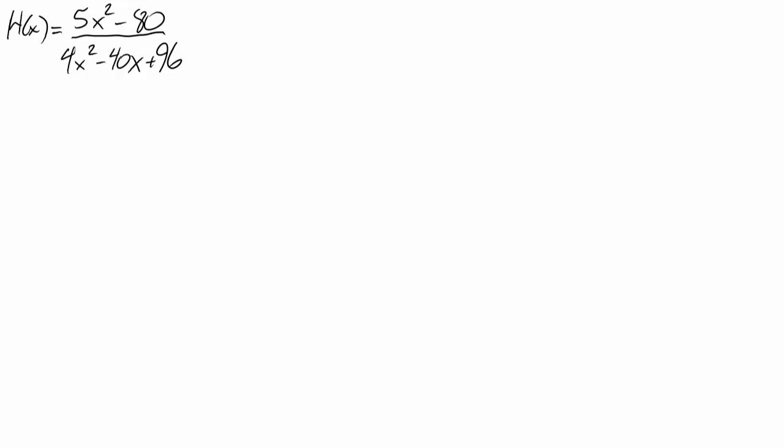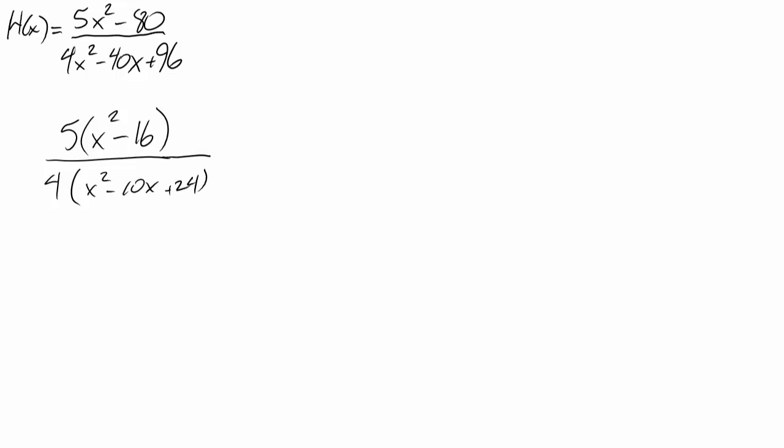So I'm going to factor out a 5 from the top, at least to get me started. So that'll leave me with an x squared minus 16. And in our denominator, we've got a common factor of 4. So we can pull that out, which will leave us with an x squared minus 10x plus 24. Alright, now we're going to keep going with our factorizations. So we've got a difference of squares in the top, so it'll be an x minus 4 times an x plus 4